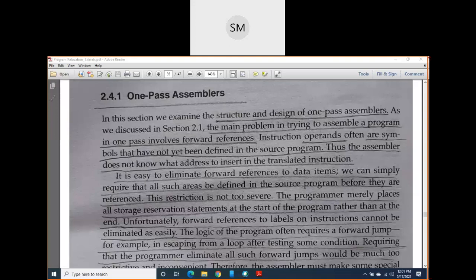In pass 1, I already explained the step by step procedure in the pass 1 algorithm. In pass 2, what this assembler does exactly, I already explained the step by step procedure in the pass 2 algorithm. Both of them are very important because any one of them will definitely be asked in your exam.